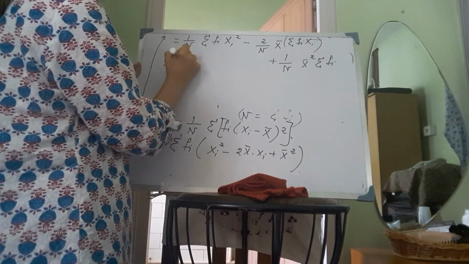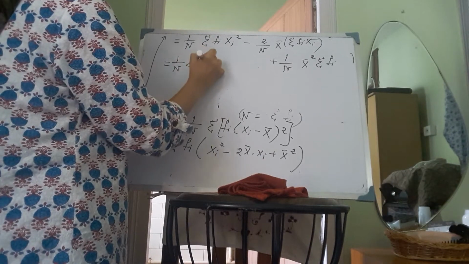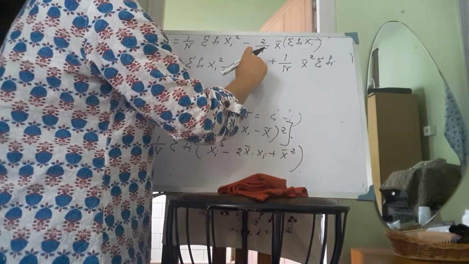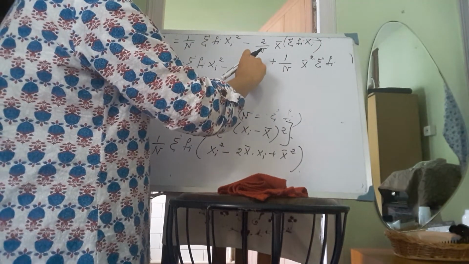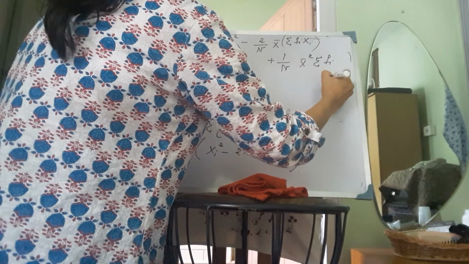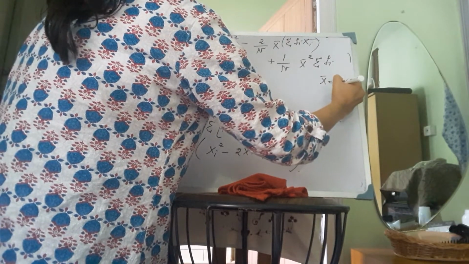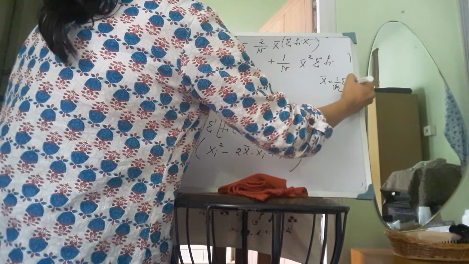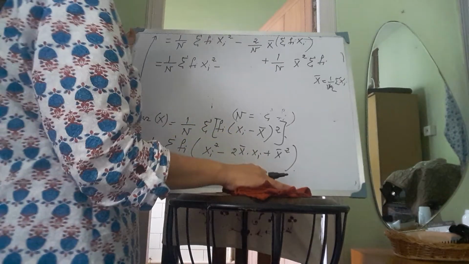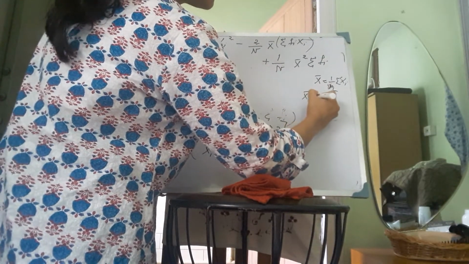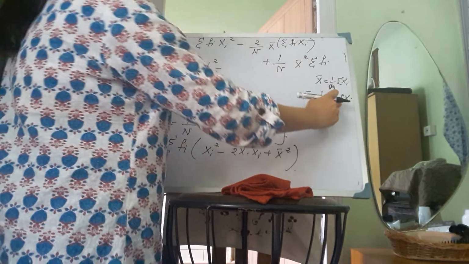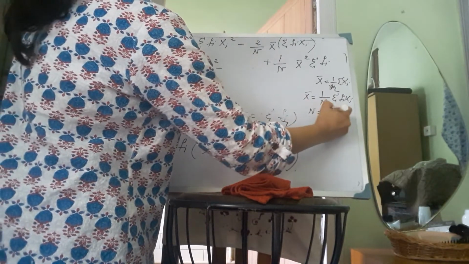Now from here we get 1 by n summation of fi xi square. Then what is summation of fi xi by capital N? This is the x bar for a data with frequency. So there are two formulas for x bar. One is x bar is equal to 1 by small n summation of xi. So this is the formula for x bar for a simple data set without frequency. Now if we have a data set with frequency, in that case x bar is equal to 1 by capital N summation of fi xi, where fi is the class frequency and capital N is the sum of the frequencies.